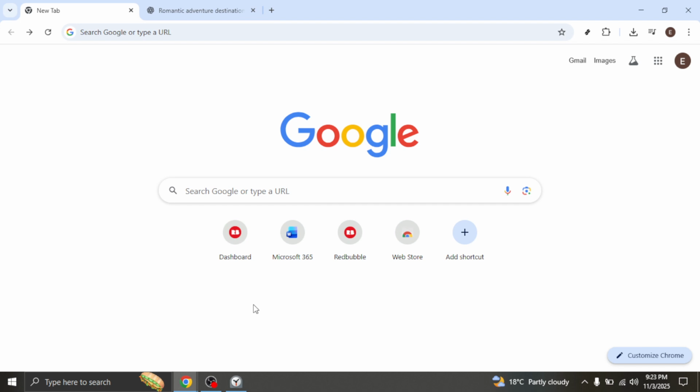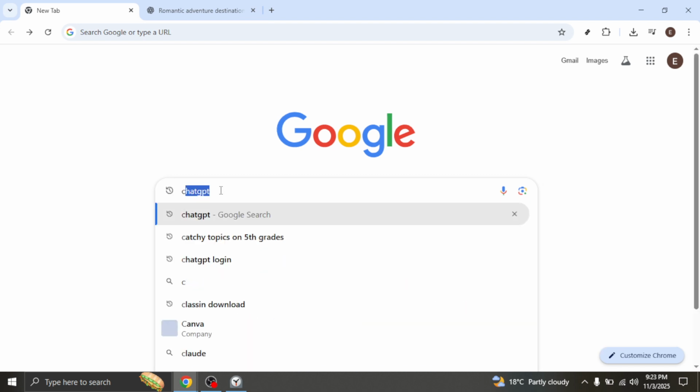First, you'll want to open your internet browser and head over to Google. It's a common starting point for most of us when we're looking for information online. Simply type ChatGPT into the Google search bar. This will bring up a list of results related to ChatGPT, which is the AI tool we'll be using to